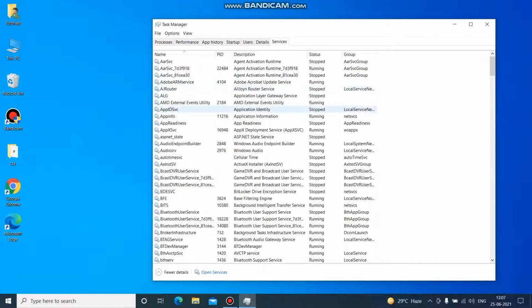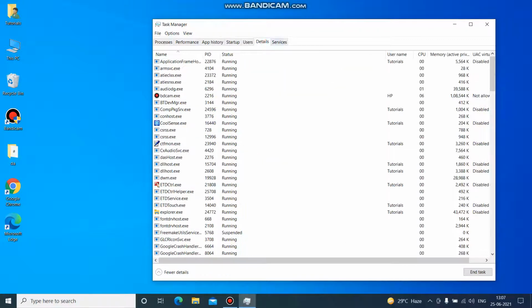If you disable or stop these services, your computer will not work the same way it is currently working. If you stop these services without proper information, it's not a good practice. So always use this option with proper awareness.